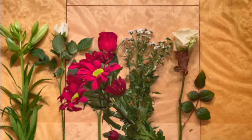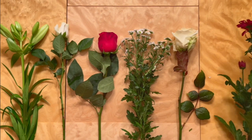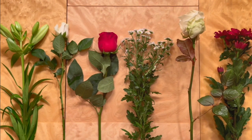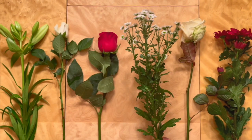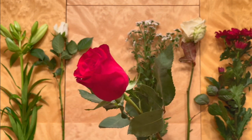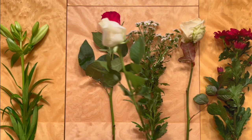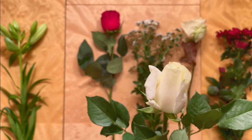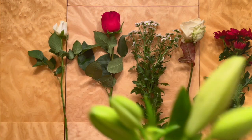For the flowers we will need chrysanthemum, white rose flowers, button chrysanthemum, red rose flowers, white spray rose flowers, lilies,